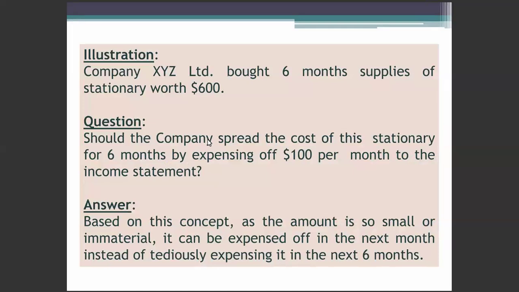The company XYZ bought 6 months' stationery worth rupees 600. Now, if the company has bought the stationery for 6 months and the value is 600, then the question is whether the company should divide the expenses over 6 months or charge it to 1 month. Now, when the company has purchased stationery,